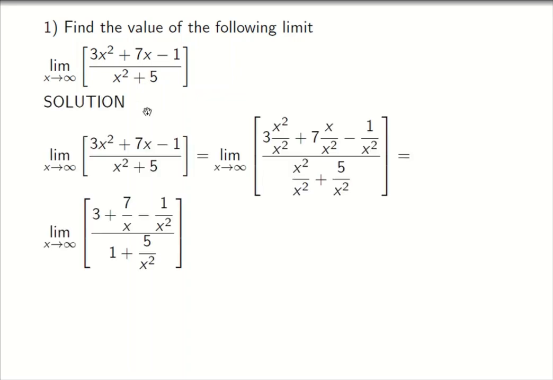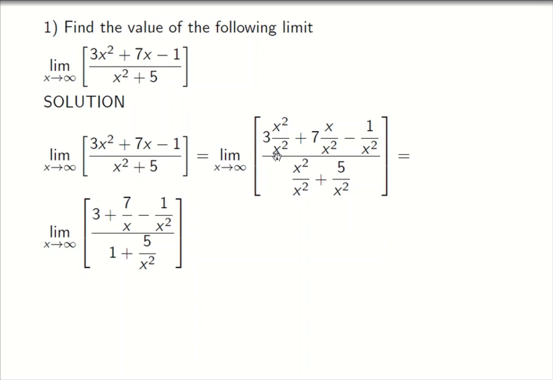If you do so, the whole limit is equal to dividing the numerator by s squared and the denominator by s squared. In other words, it's like multiplying the numerator by 1 over s squared and the denominator by 1 over s squared, so it's 1 over s squared over 1 over s squared. Nothing has happened. Now push the 1 over s squared through the numerator and the denominator. We get 3s squared over s squared,